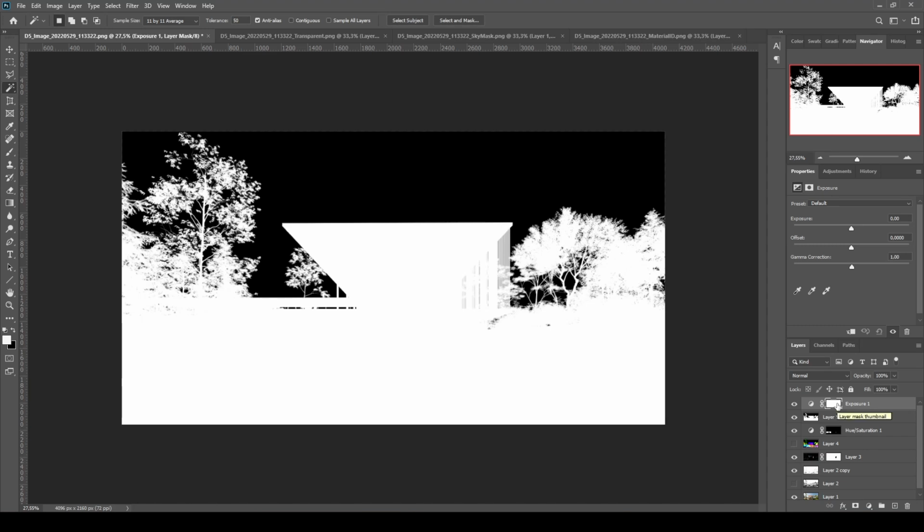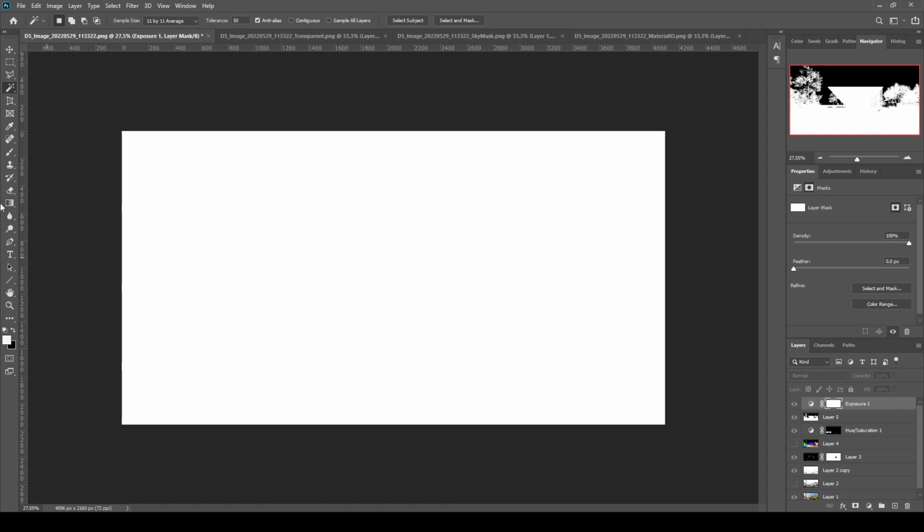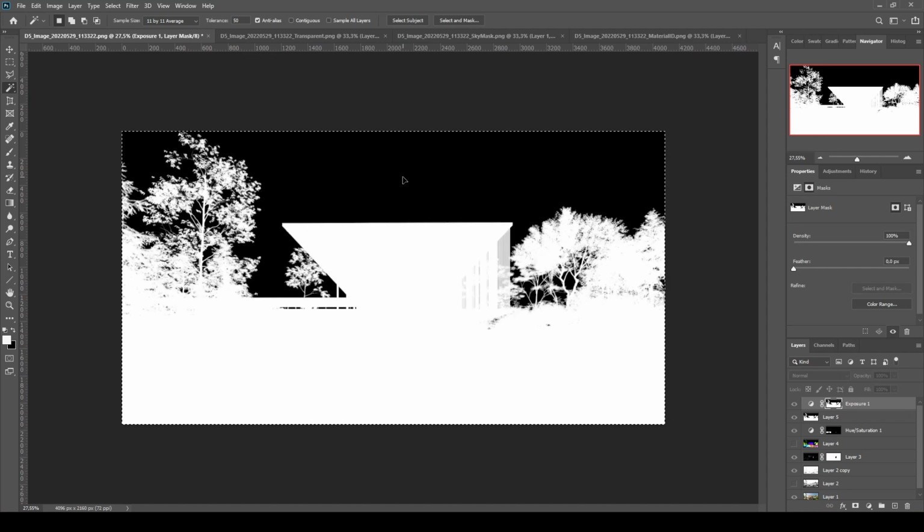Now I'm going to hit Alt and click this white place here. Now I can see the mask and I can place the mask which I copied before, and hit Ctrl+D to deselect. And to see what we have here, now we can click this exposure again.